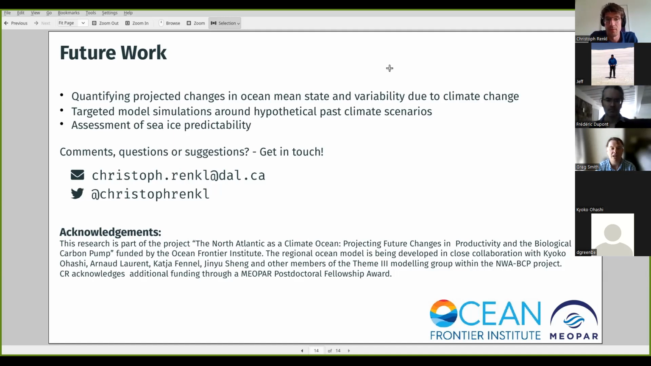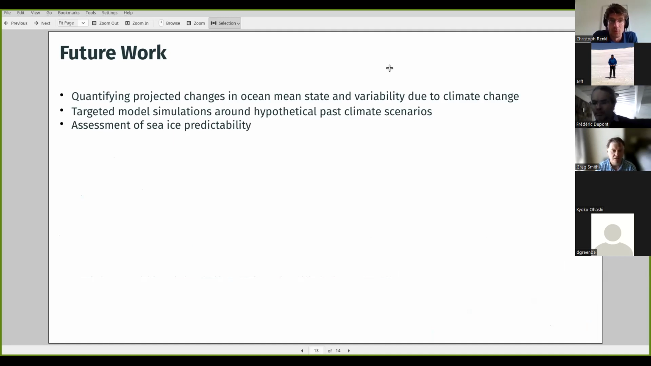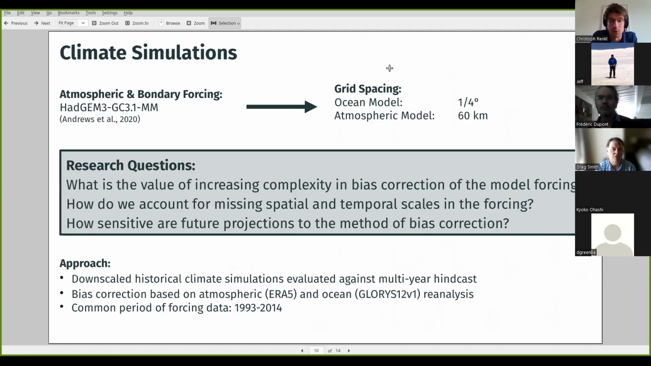But the forcing data set you're using, you only have 22 years of it, or you don't have? It's the overlap. We want to use the GLORYS data set as the truth for the ocean. That's only available since 1993. And the climate model, at least the historical runs, are only available until the end of 2014. That sort of constrains our bias correction. And I guess with 22 years, we can get,